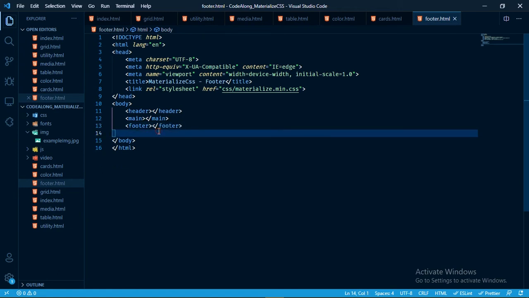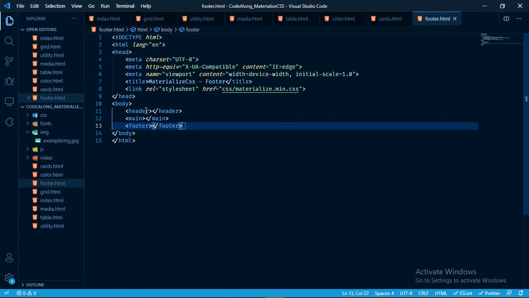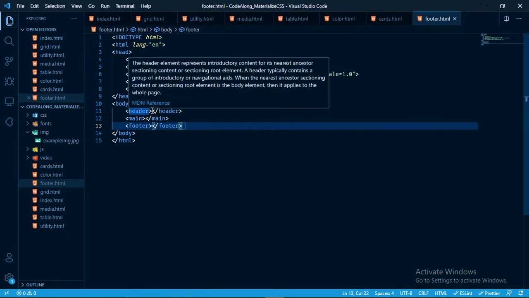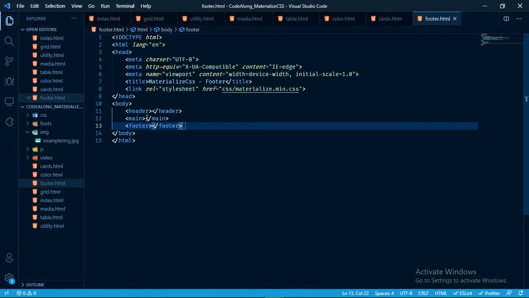So these are the three main layouts on our web page. The header is supposed to contain our navigational links. The main contains the main contents of the web page, like